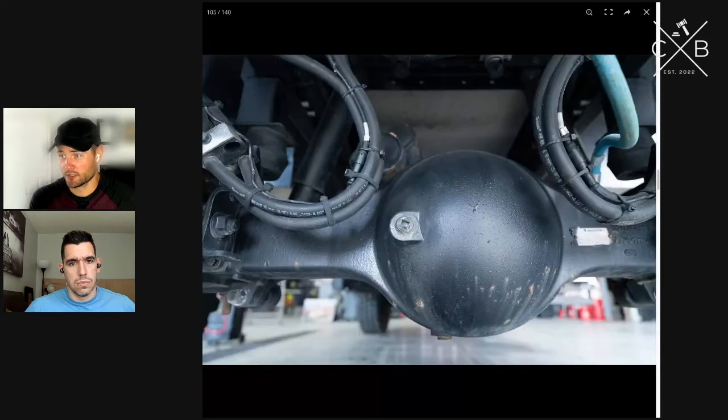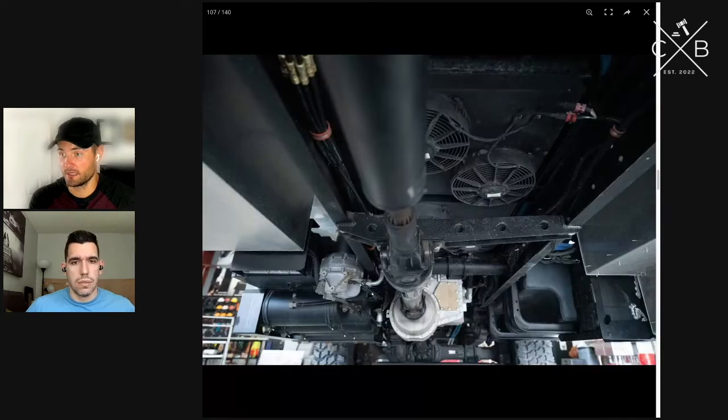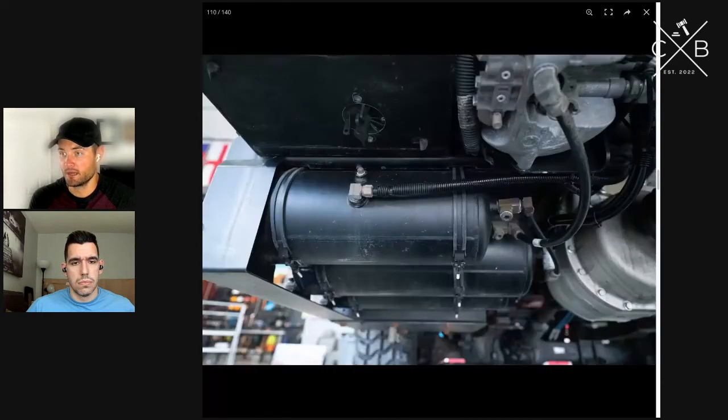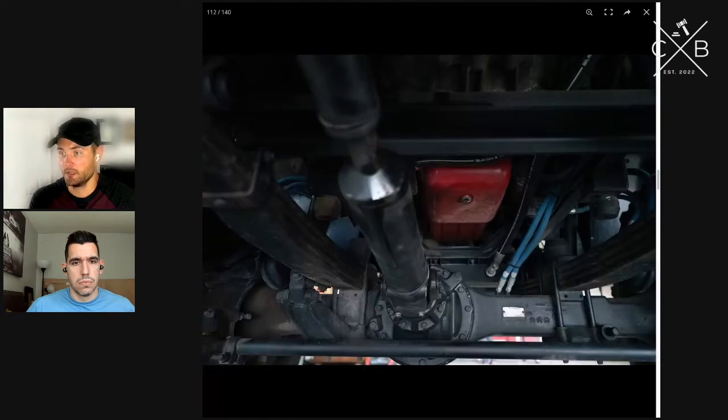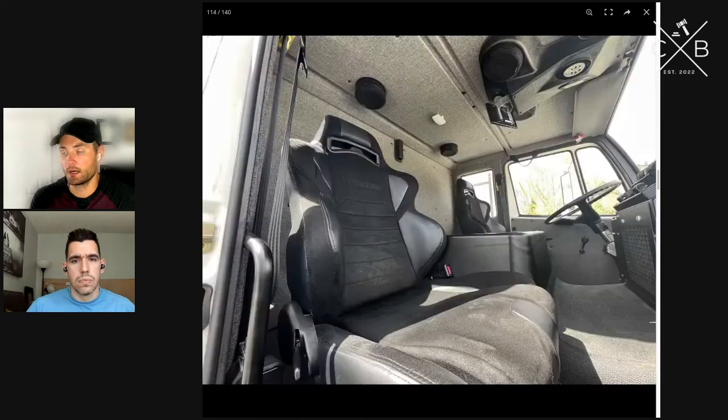I don't know. It looks very properly built. That's a heck of a diff right there. Like, that's heavy duty stuff. You're probably going to be fine wherever you go, beating it up. It's not going to be falling apart on you. And these things probably start...